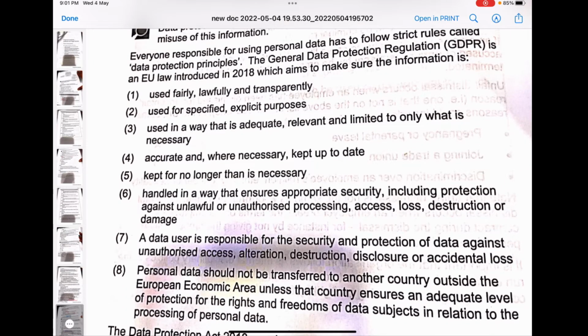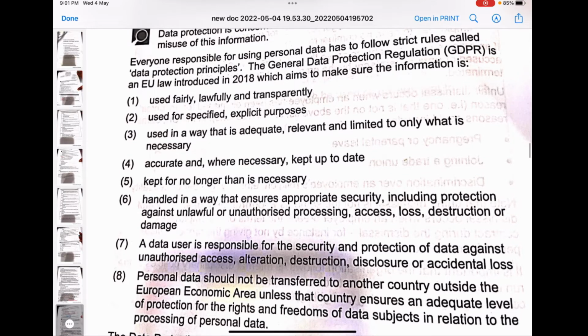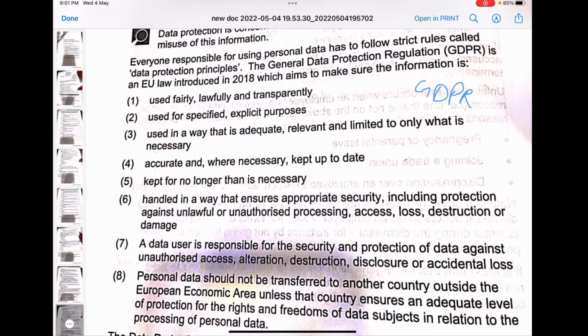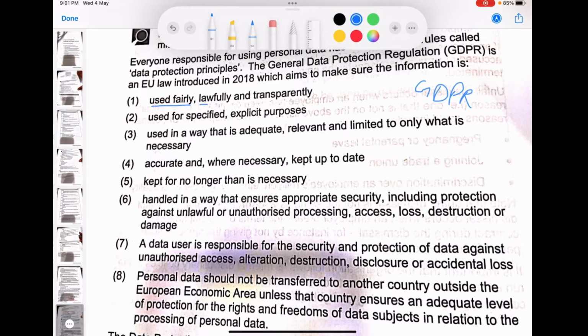Everyone responsible for using personal data has to follow strict rules called data protection principles. The GDPR. What is GDPR? The General Data Protection Regulation. GDPR, General Data Protection Regulation, is an EU, European Union, law introduced in 2018, which aims to make sure that the information is used fairly, lawfully, and transparently, used for specified explicit purposes, used in a way that is